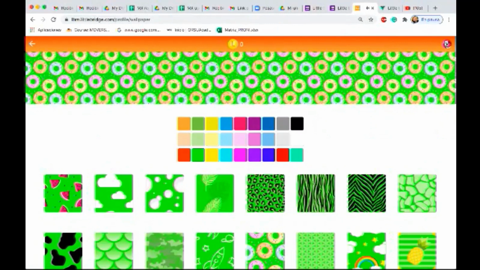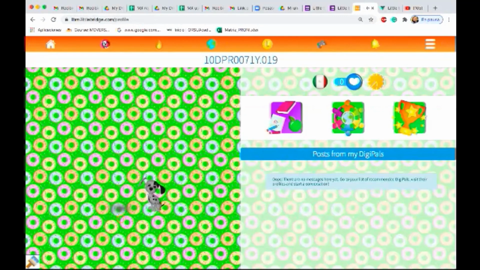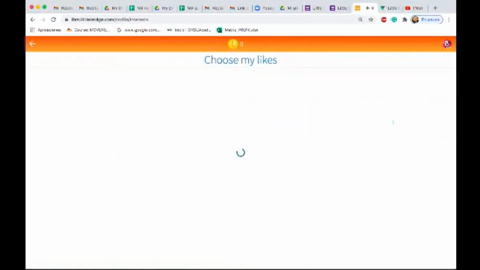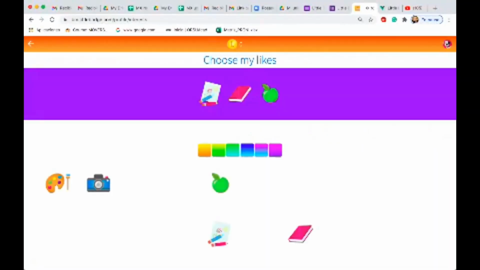It looks like there is no English, but you can tell them now, your wallpaper should be green, or should be in English, so they can follow your instructions. So I change my wallpaper. Everything changes. Also, I can change. Este es lo primero que les sugiero que hagan con sus chicos. Les enseñen a entrar y les digan, a ver, haz esto exactly as I am doing. The likes, choose my likes.